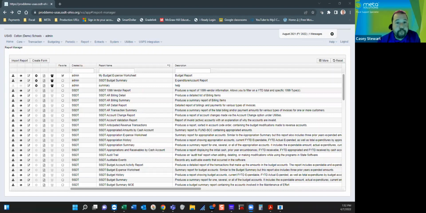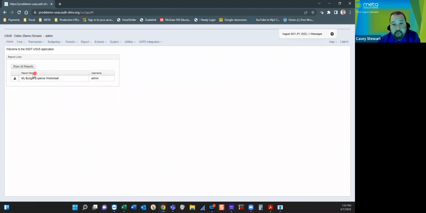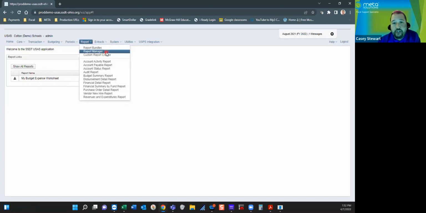Okay. So this seventh, well, this is not really an icon, it's a checkbox, but the checkbox under favorite, when this is checked, that report will show on your home tab. As we see, my budget expense worksheet is showing. So we go to report manager,